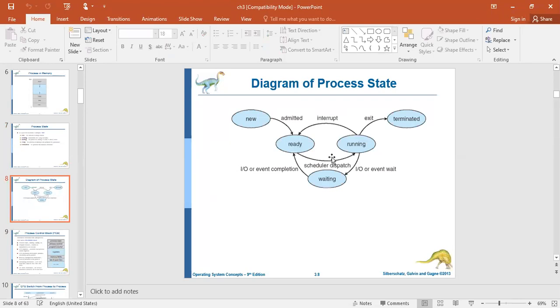Initially, whenever a process is created, that state is called the new state. Once it has started, the next step is ready. The process has all the resources available that it needs to run, but the CPU is not currently working on this process's instructions.